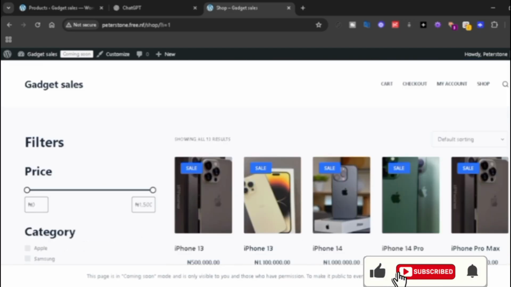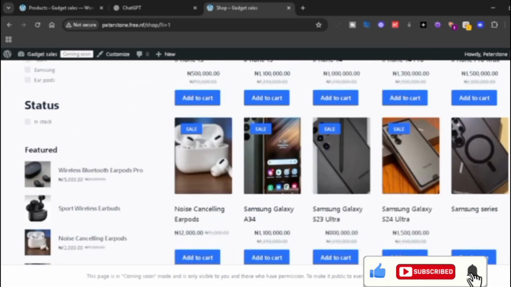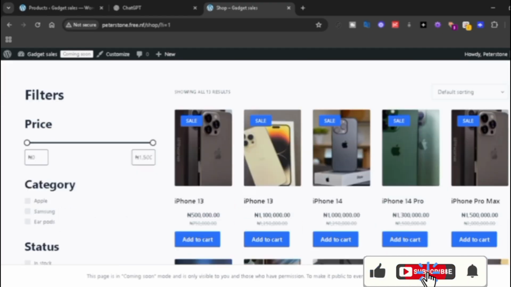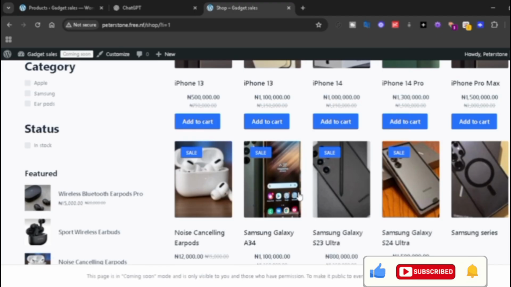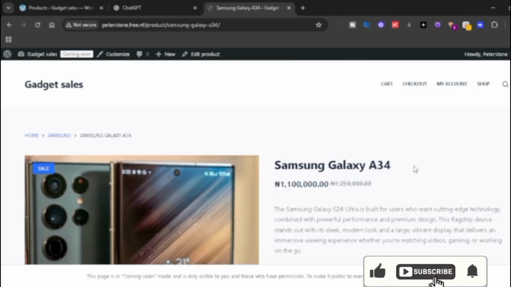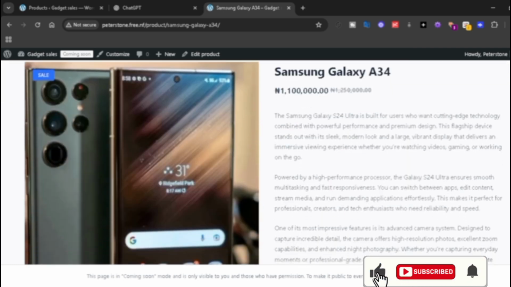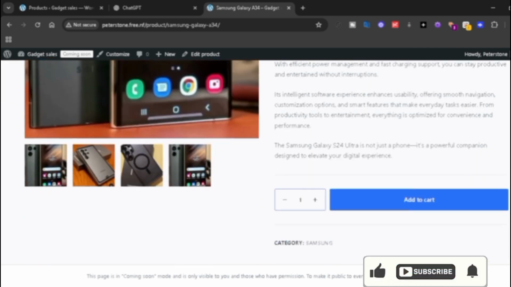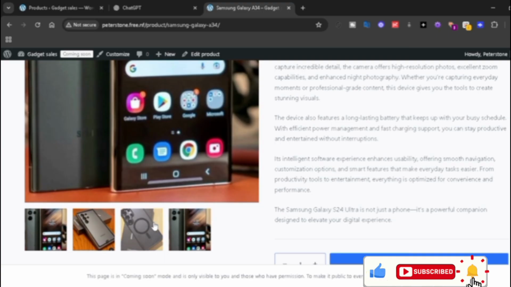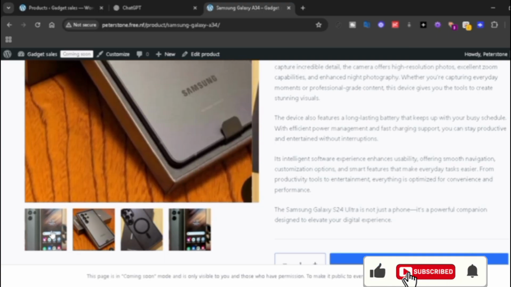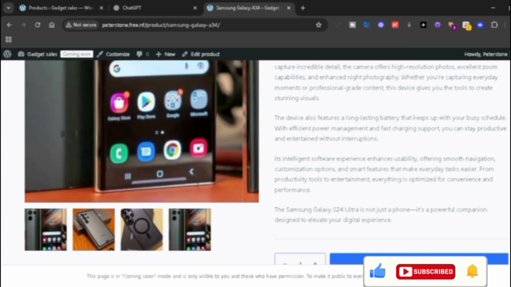So let's assume that a customer comes to your shop page, and after browsing around to see the list of products that you have, let's assume he clicks on one with an intention of getting it. So when he clicks on the product, it will take him to the product description page. So after checking around the product, checking the image gallery to ensure that everything is as he expects it,